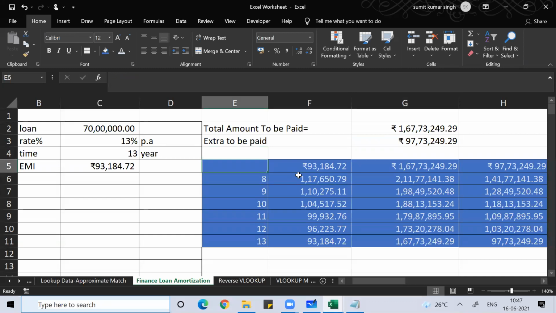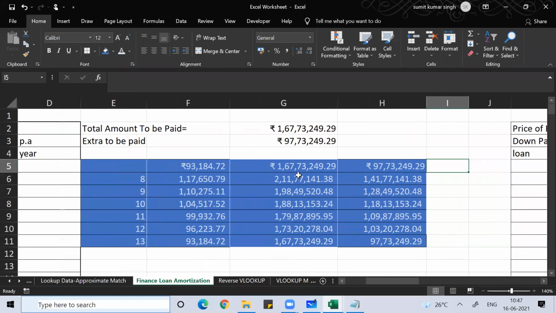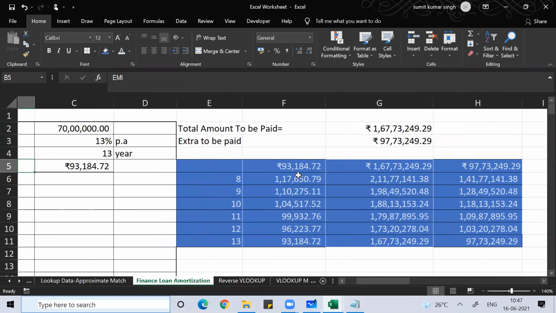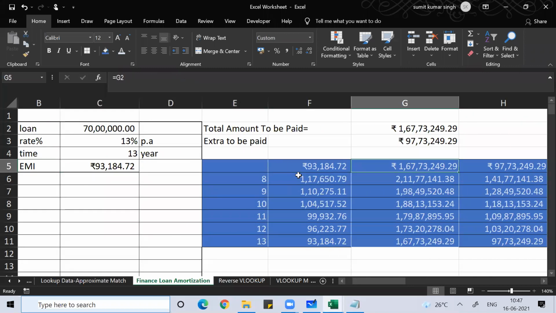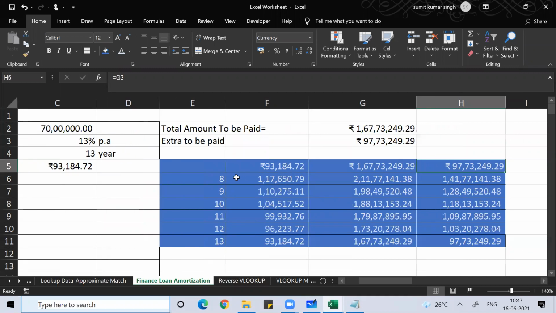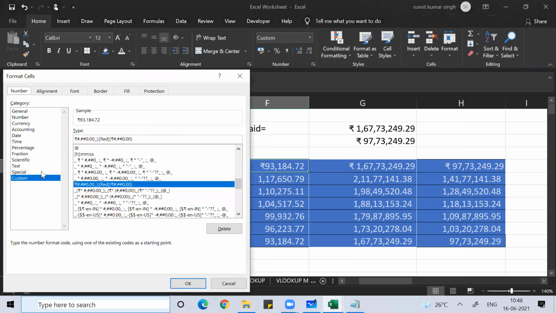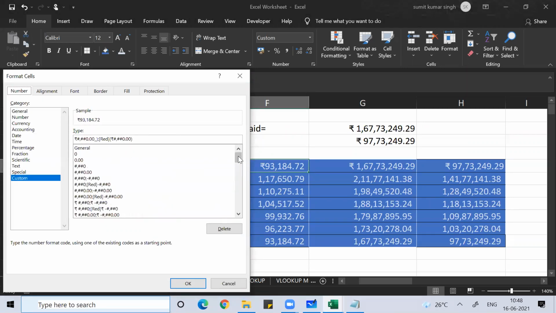So tomorrow, if you go to the bank, they will show you only this chart. Okay, so once you're done running the data table, you can press Control 1 and go to Custom. Under General, you write this. You can change the name of that because another person cannot understand what that value is.